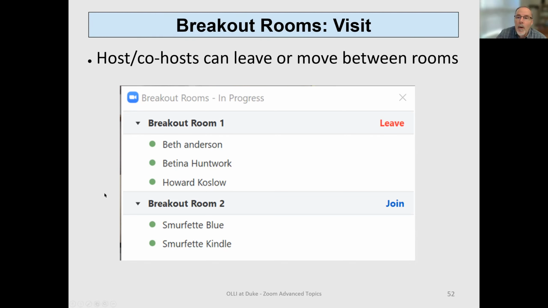Thank you. So one of the things that you're able to do as the instructor is to move between rooms. So you may want to do that while you're in the room. If you click on breakout rooms, a box will pop up that will list the breakout rooms and the participants in each one. And let's say, in this example, I'm in breakout room 1, and if I click on the word leave, then I will be taken out of that room